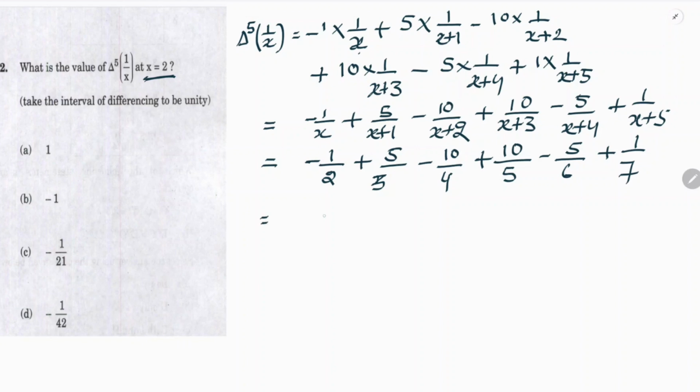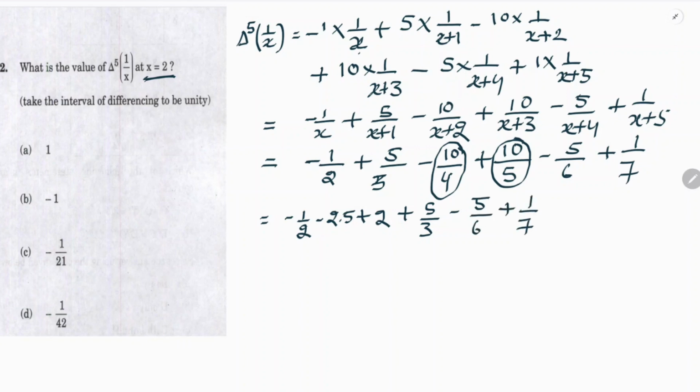Now we can take minus 1 by 2, then this term will be minus 2.5, then this term will be 2. Then we will have plus 5 by 3, then minus 5 by 6, then 1 plus 1 upon 7. So from here we will get minus 1 from these things, then plus 5 by 3 minus 5 by 6 plus 1 upon 7. If you take the LCM